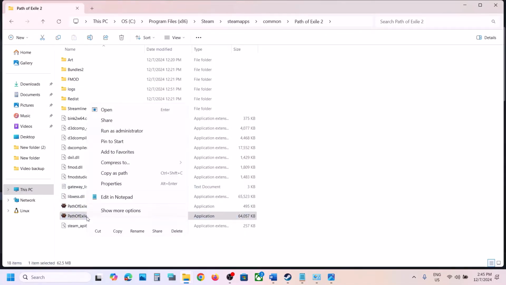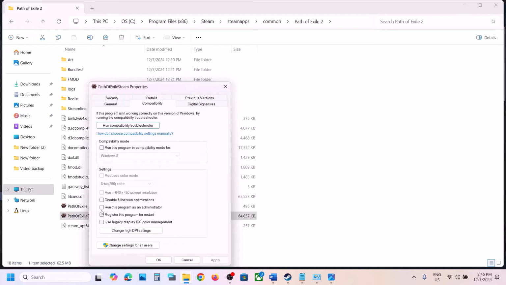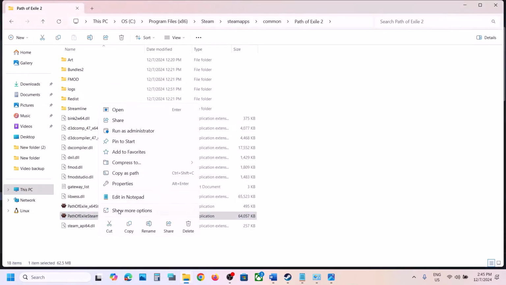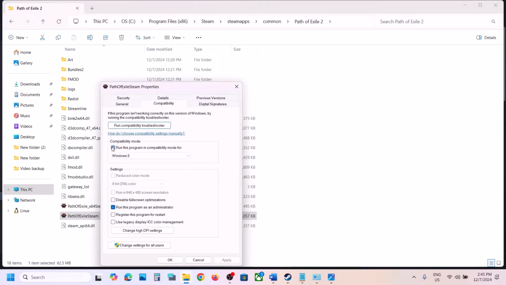You can do the same thing with this exe file. So you can go to properties and first of all try run as administrator, hit apply, click on OK, launch the game and then check. If that does not work, in that case you can try this, select Windows 8, hit apply, click on OK. If that does not work, try Windows 7, hit apply, click on OK. If that does not work, disable full screen optimization, hit apply, click on OK,